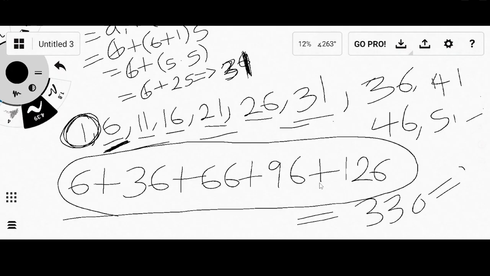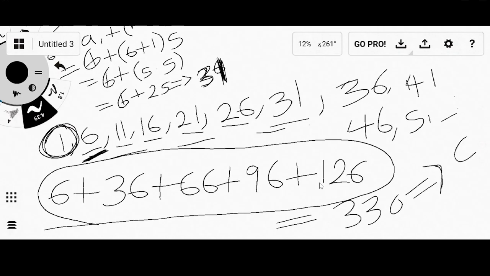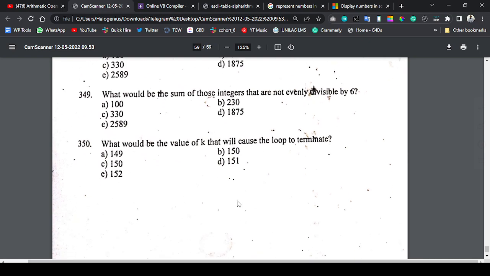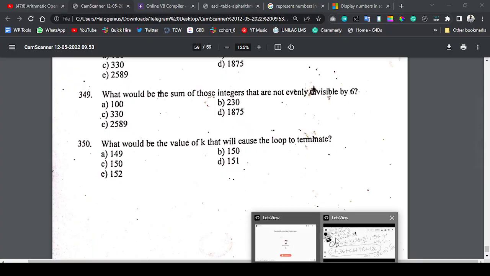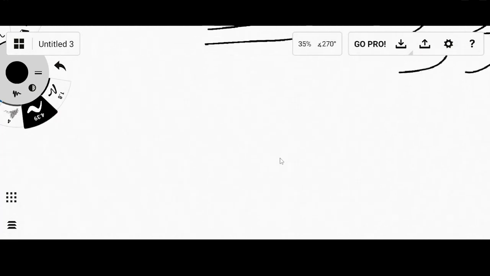And that is the C option. That's the C option. So integers that are not divisible by 6. Integers that are not divisible by 6. So every other one apart from this one. So basically, what you're going to be doing is they're going to be saying